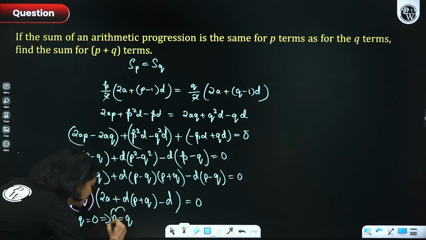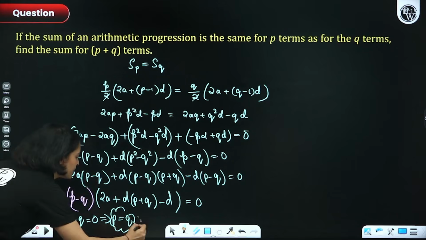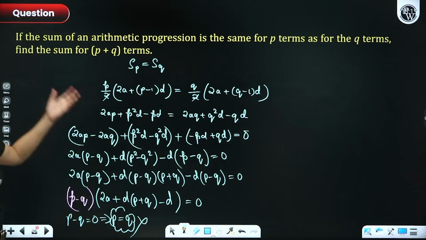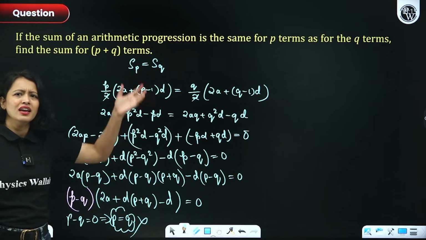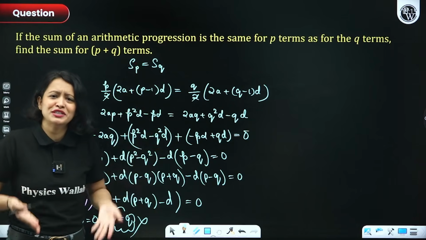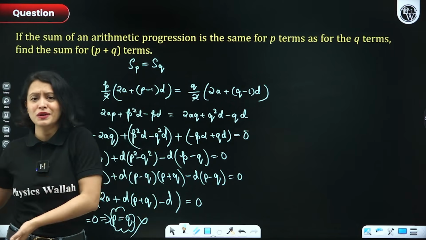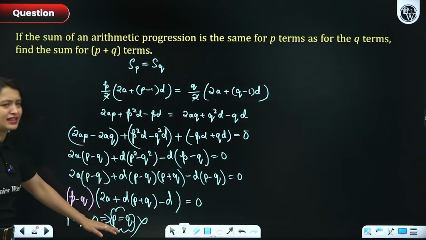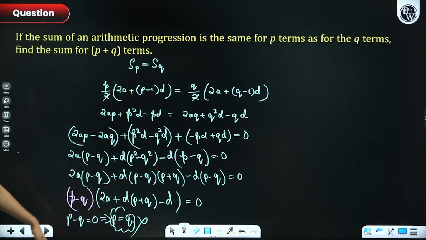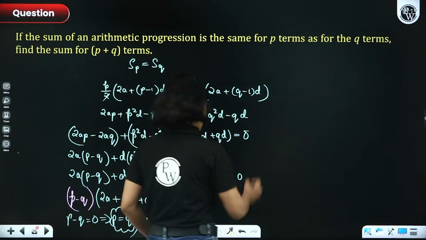But that cannot be the case, everyone. Okay? If P is equal to Q, then is it not common sense that the sum of first P terms would be equal to the sum of first Q terms? That's a common sense thing, right? Because P and Q are equal. So obviously that's dumb, so this cannot be. So the other thing would be that twice of A